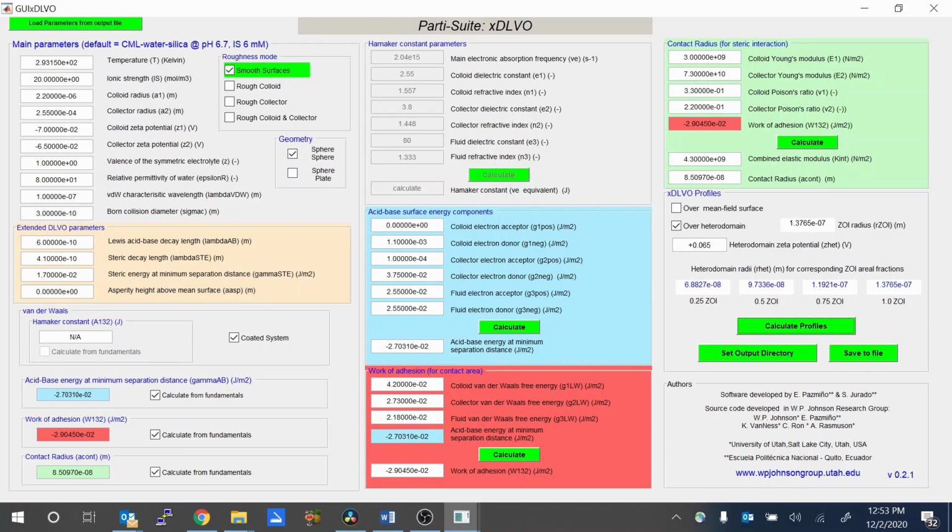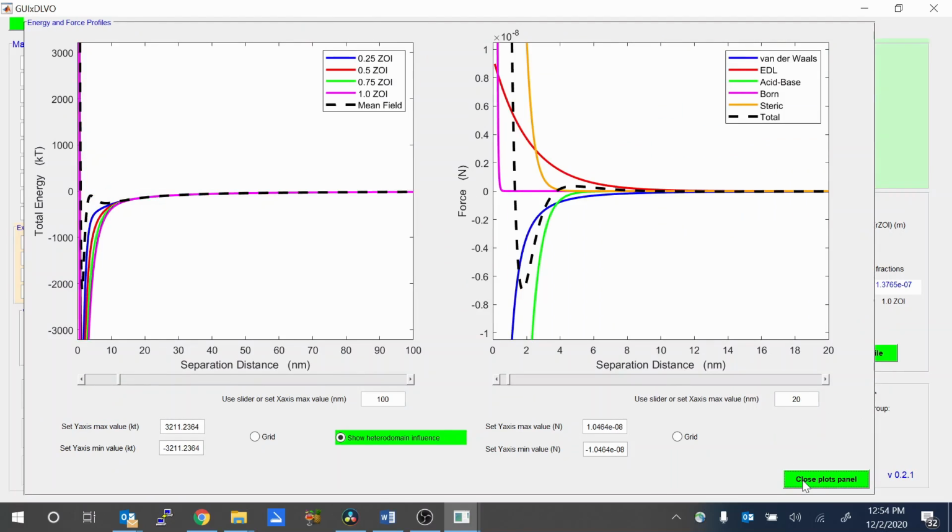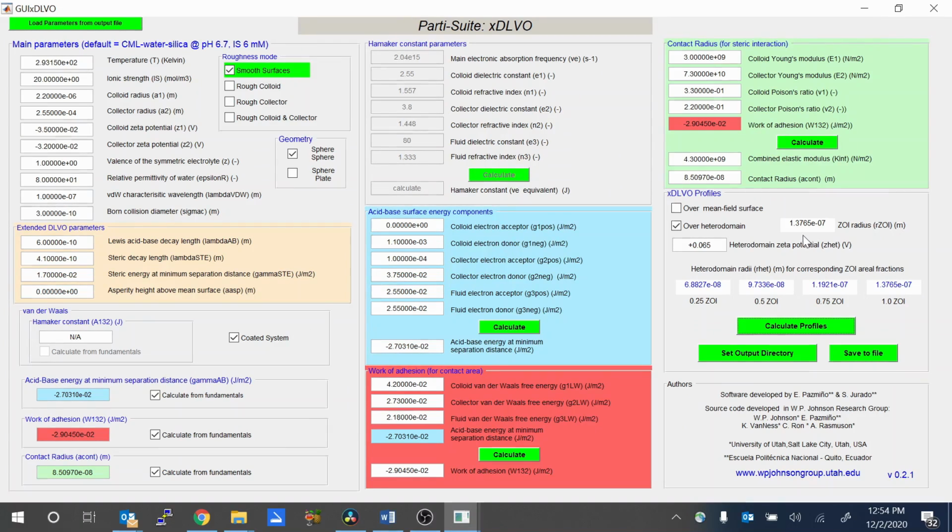Now let's decrease the zeta potentials to something reasonable. So going from 6 to 20 millimolar for this size colloid, we've seen the colloid and collector decrease from 70. So let's knock it down to 35. Whoops, but I should make it 3.5. And we'll knock this down to 32. Okay, so we're going to say knock them down by half. Okay, so now I'm going to calculate that again, close that again, and now you see that the zone of interaction